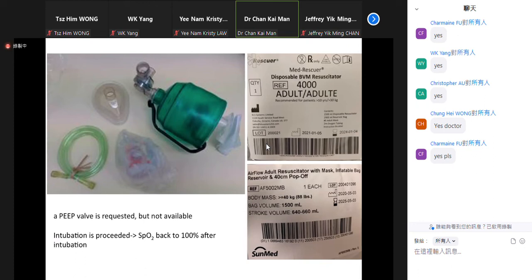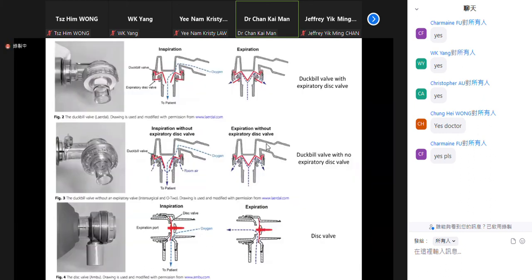So a majority are using 1 or 2 brands, and we take a closer look at the inspiratory expiratory valve. Some of the models actually have a configuration of a duckbill valve, but there are options of having an expiratory disc or not having an expiratory disc. So in the top panels, when there is an expiratory disc, when you provide a manual